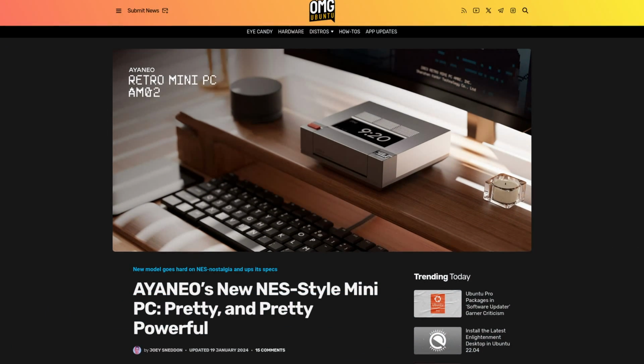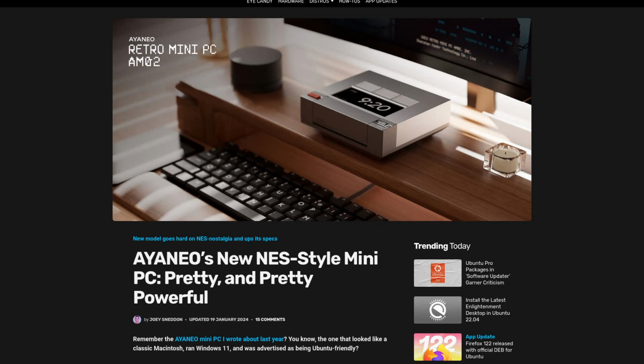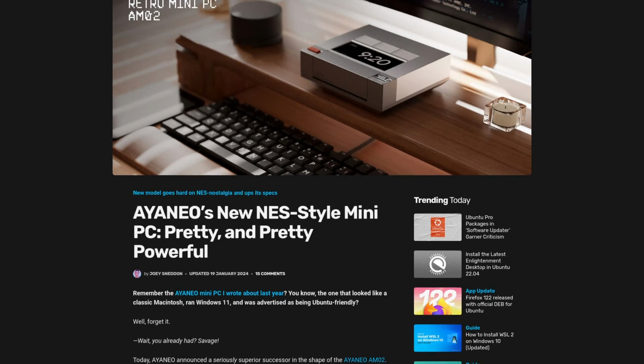OMG Ubuntu has recently made a blog post about a very interesting product. It's a mini PC that is made to look like the original Nintendo gaming console, the AYANEO AM02. No idea if that said the name of the company right. If I didn't, which I probably didn't, let me know in the comments how you're supposed to say it. So AYANEO